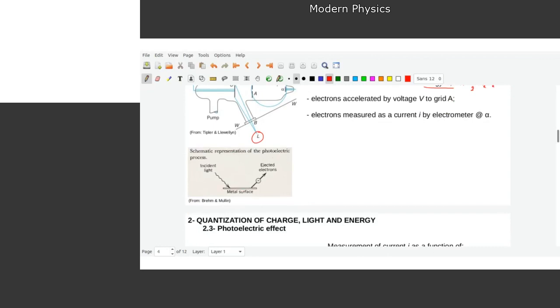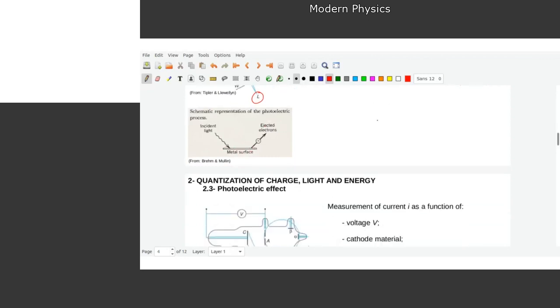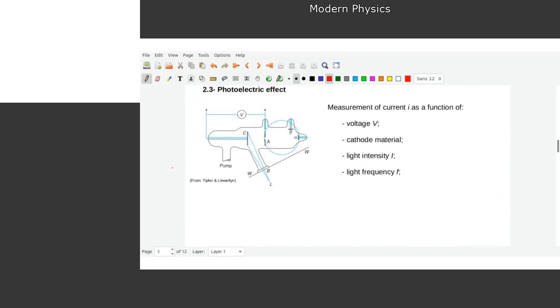You have a metal surface. You need a metal surface, so you need free electrons. You have incident light, the energy is transferred to the electrons, and the surface emits electrons, and you detect them. So what is the strange thing about that? Everything is very well understood, and so what the people at the time did